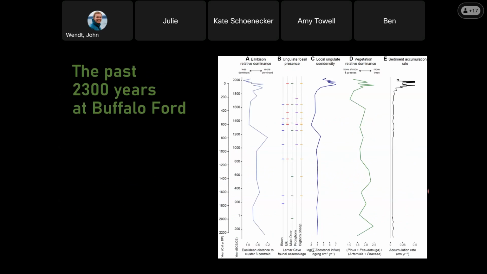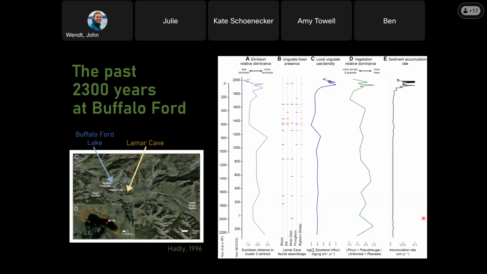And this is what some of these relationships look like over the past 2,000 plus years. So this is that dominance record again, just elk and bison dominance relative to other herbivores, where right in your view means they're more dominant and left means less. And we can compare that to the Lamar Cave faunal assemblage, which is based on a fossil record just a few kilometers up the valley, where that study documented presence of elk and bison,